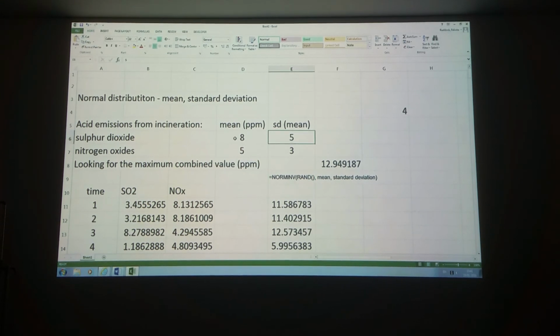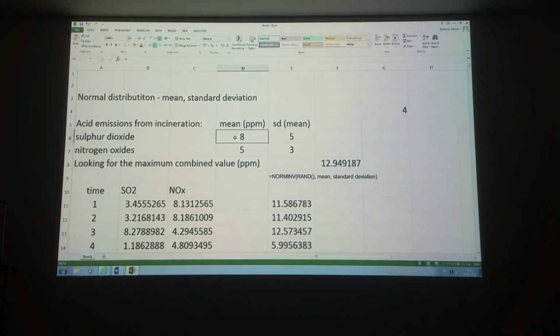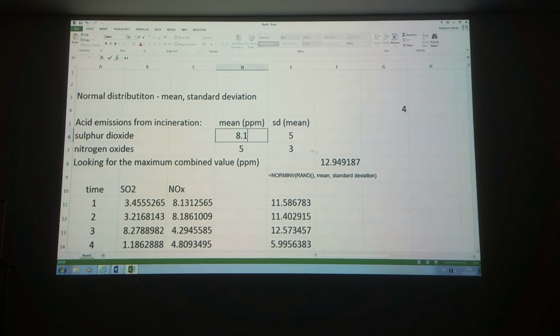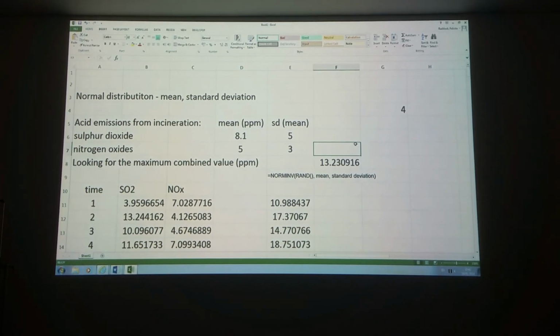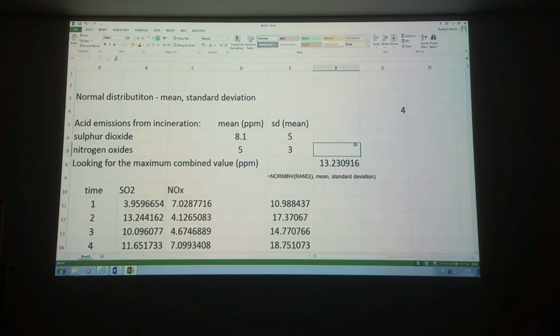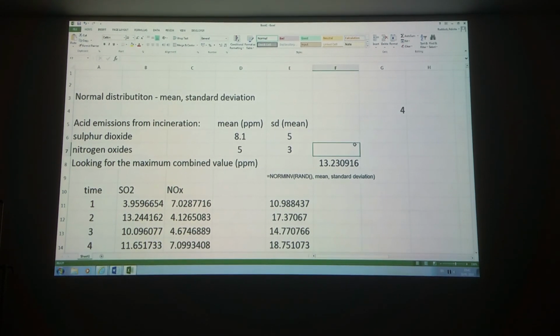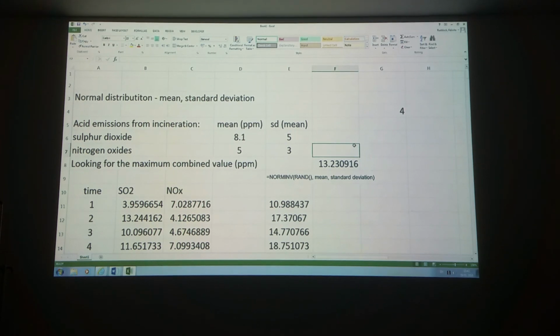So, maybe this one's going to be 8, maybe it's going to be 8.1. But again, what you've got to set up with the initial data at the top, you can just change it and see what answer you get as a change. It's a model. In some ways, what